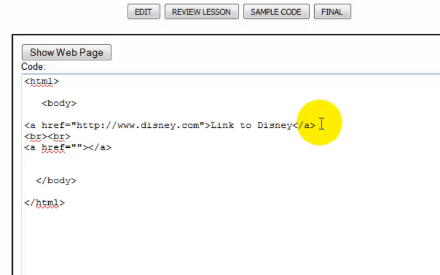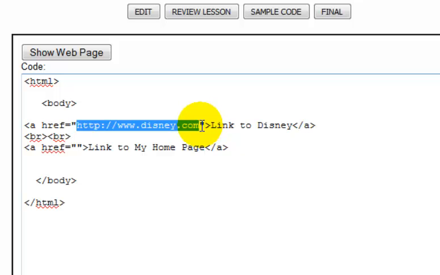Same basic principle. Look what I did. I create the first tag, which is the A. href means hypertext reference, so it goes to the specific website. Then I'm going to type in my web page there, and then here's my end tag, and then whatever I put in here, so I'll say link to my home page. Here I can type in either an external link like this, http://